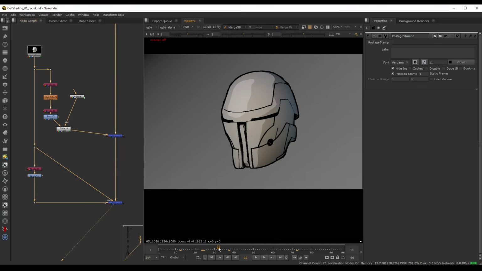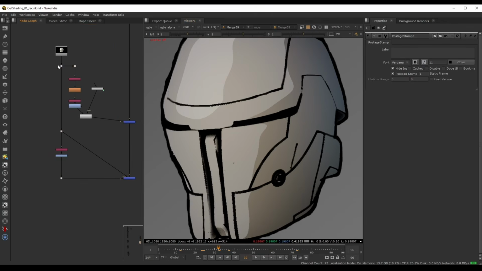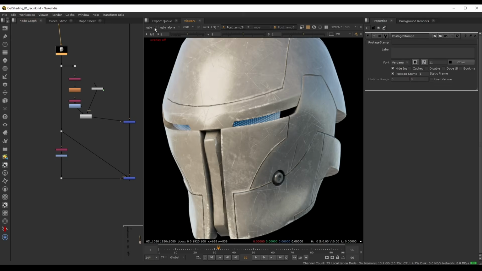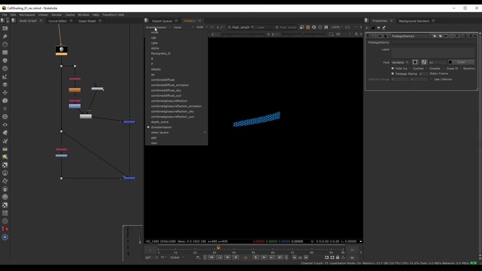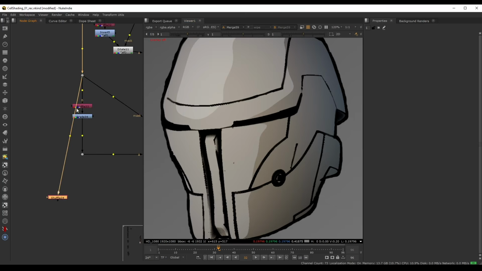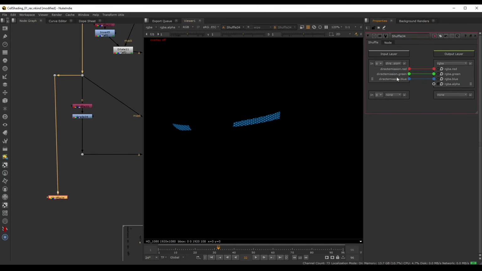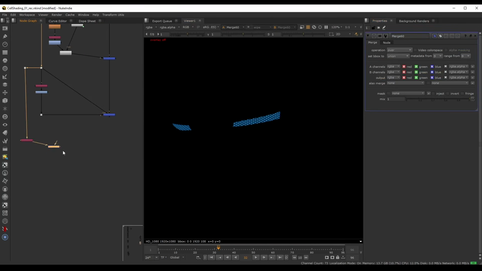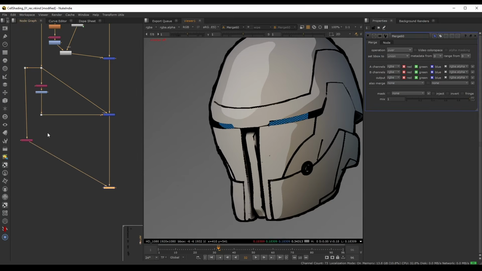One final thing that we can do here is maybe we can just bring back the eyes that we had in our render. This will be our direct emission pass because this is an emissive layer. So let's go ahead and we'll copy this shuffle node, point this back to our render. Let's bring out our direct emission, link this up, and we can just simply merge this on top. We can do something like this. We'll keep this as plus,